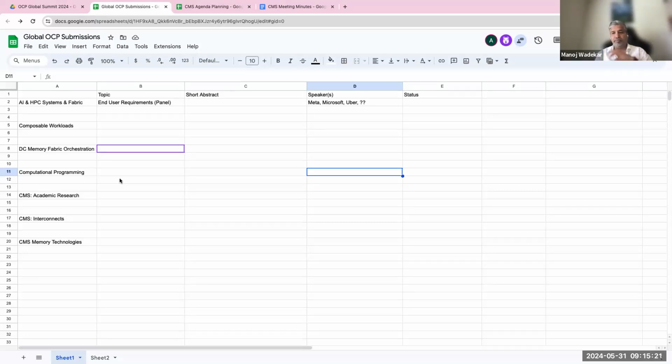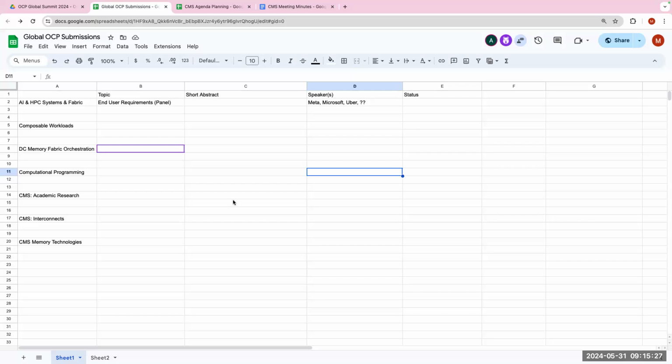So that's the only reason. All of this content can be submitted directly in OCP also. We just want to make sure the content is covered. Yeah, Manoj, I would also second that's the best way to do it, so that it's coherent among each other, and if you can get a dedicated room and a session, that'd be useful. Yes.